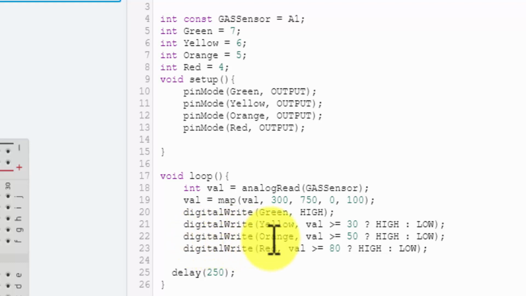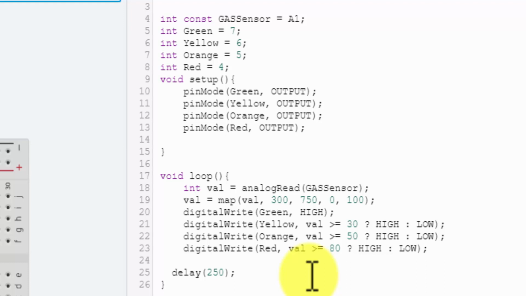And then digital write orange, val greater than 50, high or low, and red when the value is greater than 80. So a very nice way here the ternary operators are used, and we have reduced the number of lines.